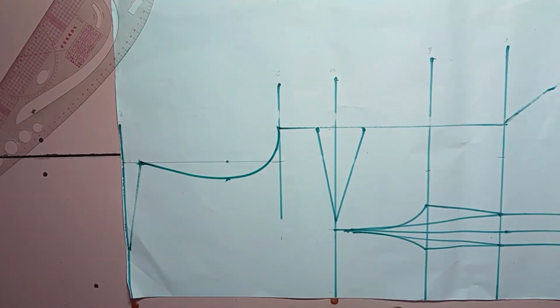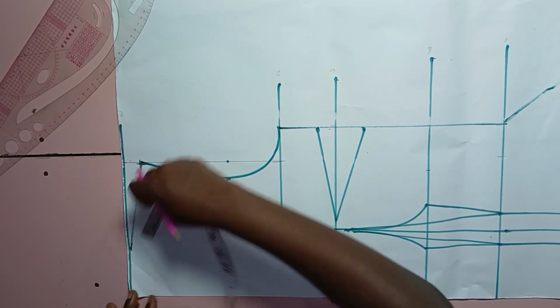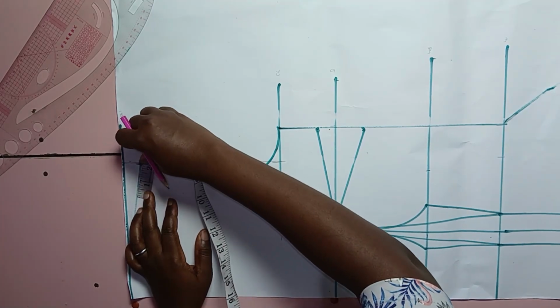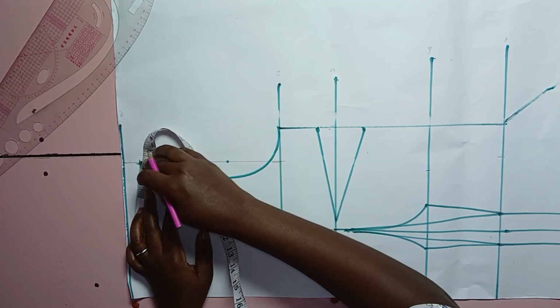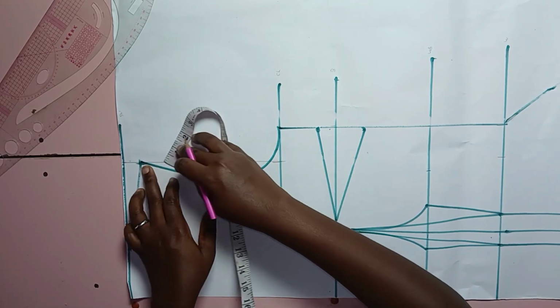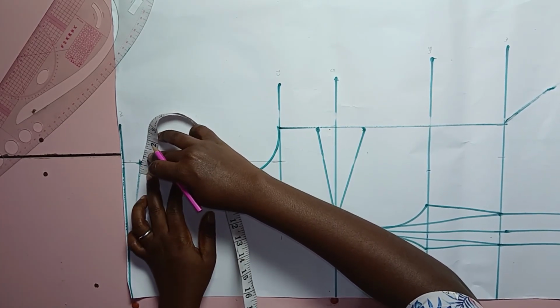Okay, so the type of neckline that is on the dress is a square neckline, which is going to be a bit deep. So to get the width of the neckline now, on this part, I want whatever is remaining on the shoulder to be like 2 inches. So for that now, on my shoulder slope here, on the shoulder line now, I'm going to be stepping in by